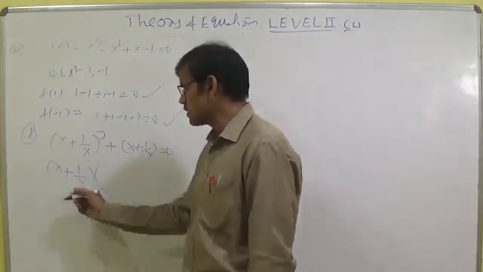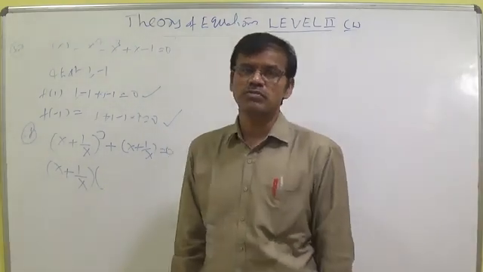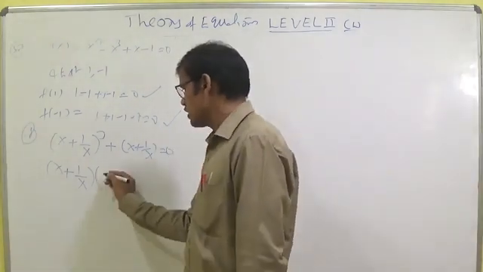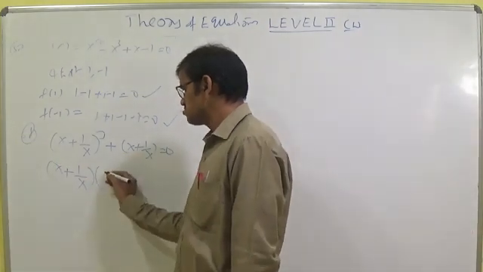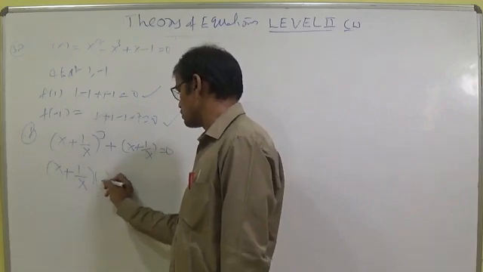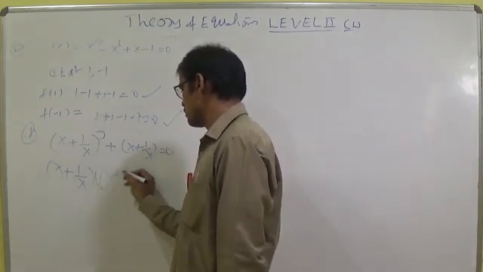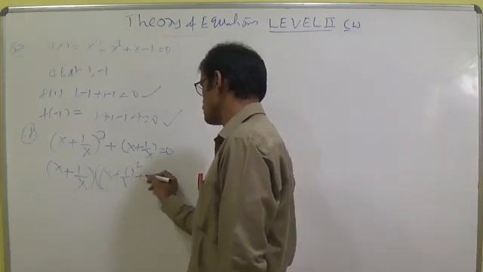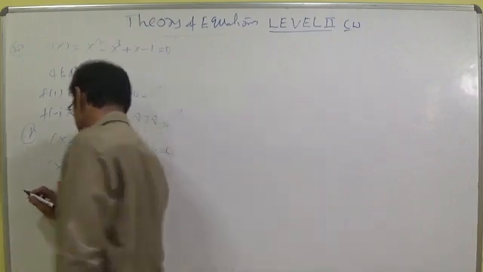By using arithmetic mean greater than or equal to geometric mean, as discussed plenty of times, the minimum value is 2. So whenever you take x plus 1 by x common, the minimum value is 2 here. It is not possible to get any root. Just listen here, I have taken x plus 1 by x common. Then here (x plus 1 by x) whole square plus 1 equal to 0. We know that